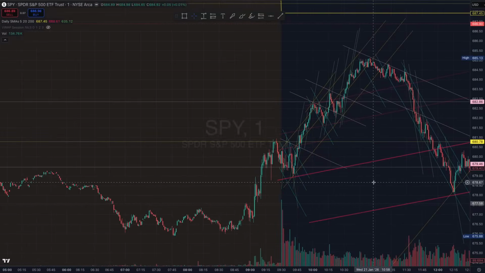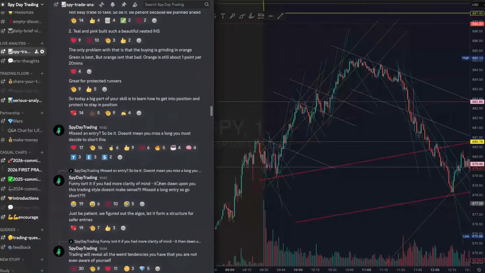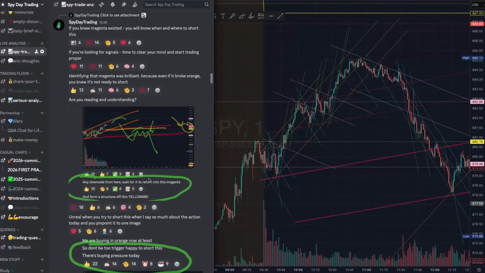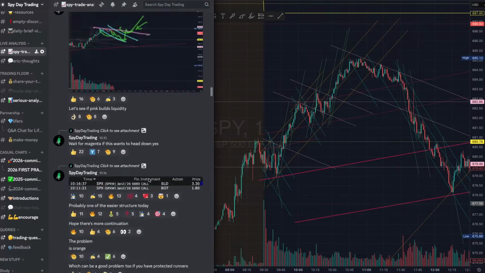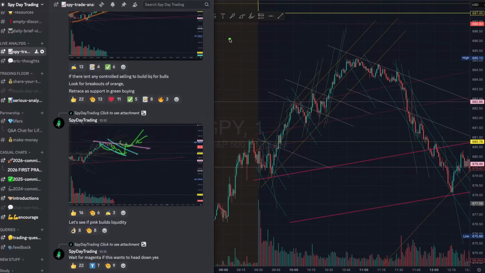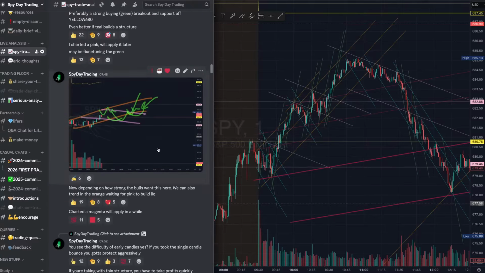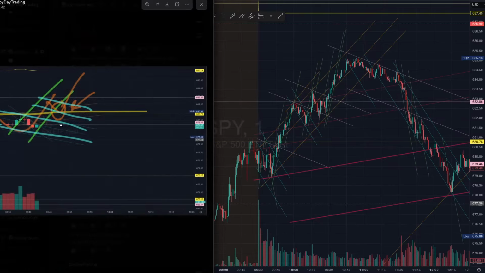The first one obviously was the upside, that first trade that I talked about as well. There is very key, important information here I want you to see. Right, the first one was this, right? So understanding the reclamation of, let's take a look at the start. Understanding the reclamation of the yellow is quite important, right? I talked about this yellow,